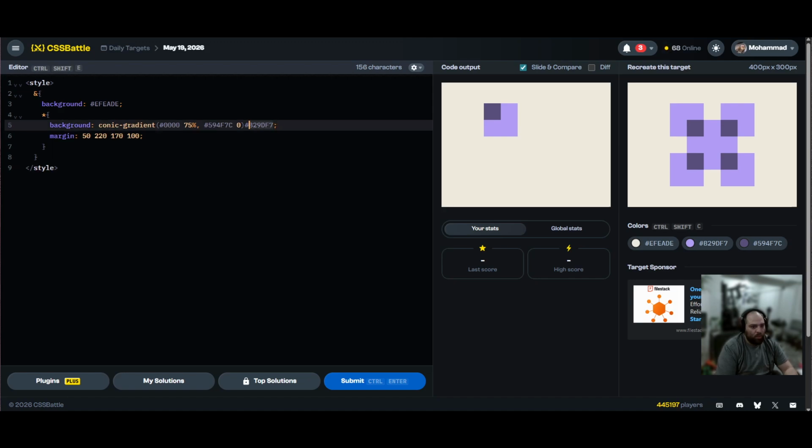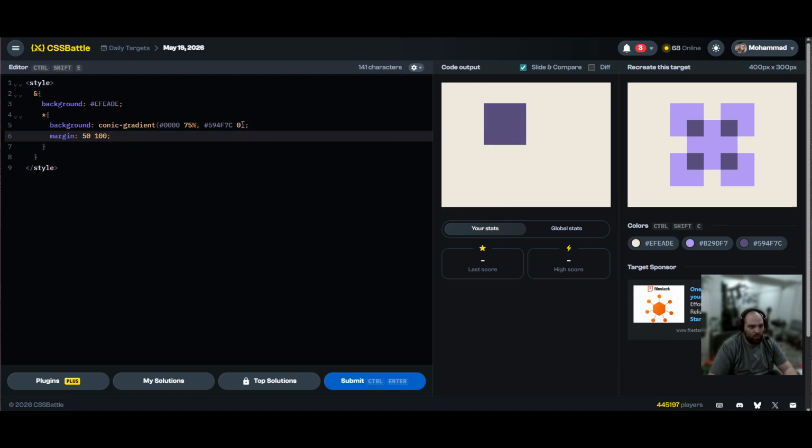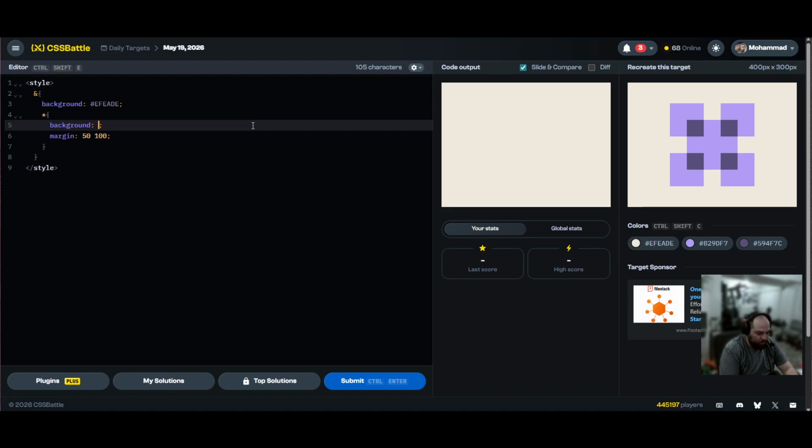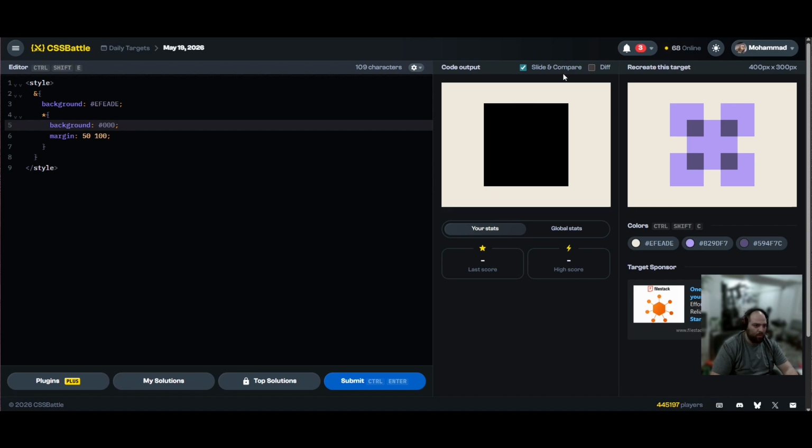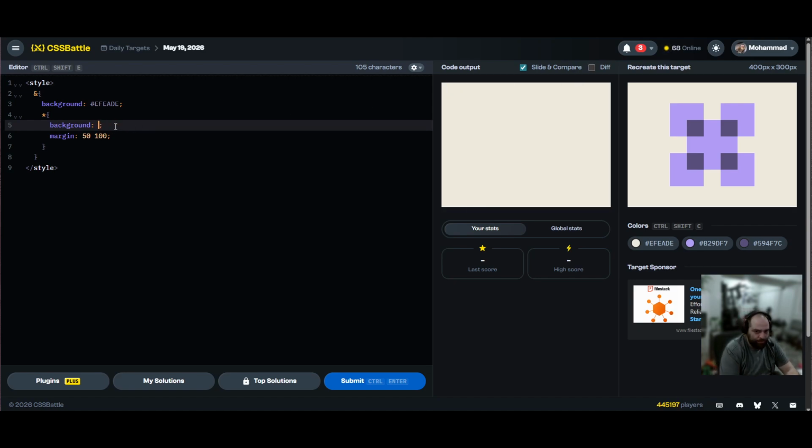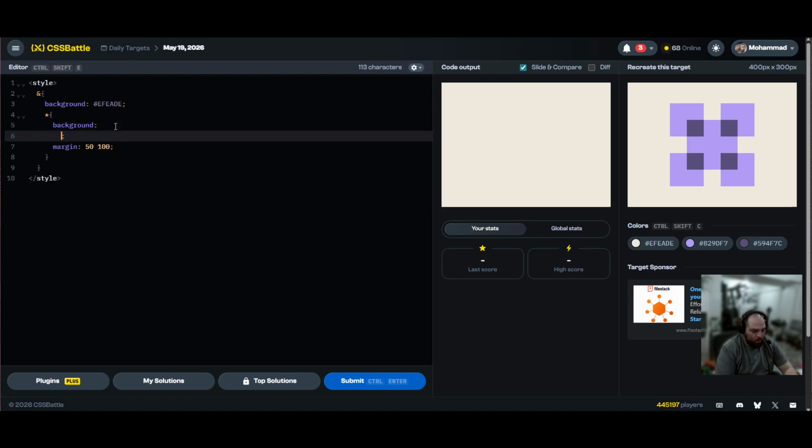going the more old school route. So I think it was 50, 100. Let me get rid of this here. If I just go black, yeah, I think, yep, perfect. Now we are going to just do, we just go conic gradient. We have this purple. We'll go,